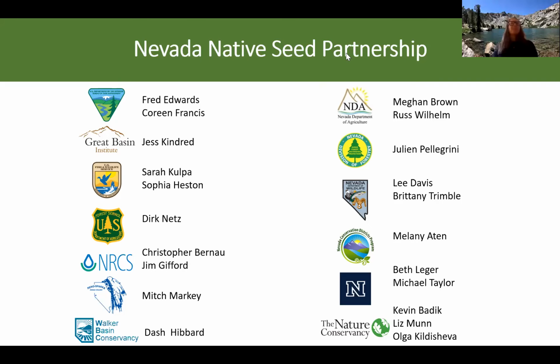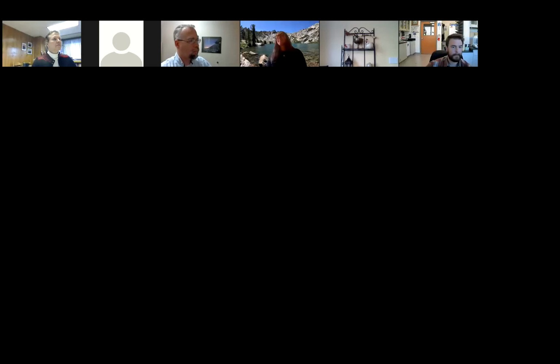Since we have 93 participants today, doing a round robin introduction would probably take the entire forum. So what I'd like to suggest instead is for everybody to introduce themselves in the chat by putting their name and their organization or farm or who they are with, so that everybody gets a good idea of who's participating. My name is Megan Brown, and I work for the Nevada Department of Agriculture, and I really appreciate everyone being here today to see all the enthusiasm and a really diverse geographical and organizational base for our participants. So thank you all for being here today.